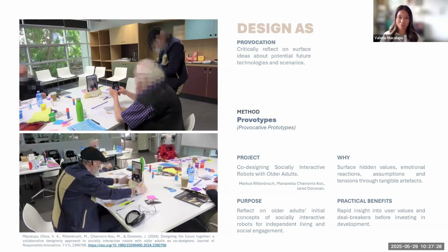And that sparked a whole other conversation. Prototypes are normally implemented in workshops or in focus group settings, where more people can react to it and spark very interesting discussions. And that was the practical benefit, you get a lot of quick and rapid insight from those values and deal breakers before moving on to investing time and money in developing these high-tech robots or fully